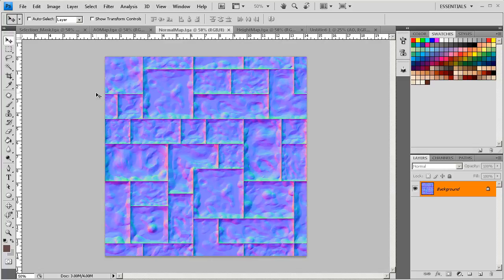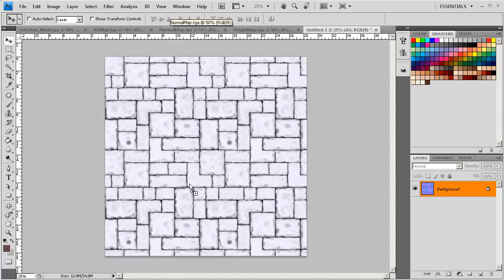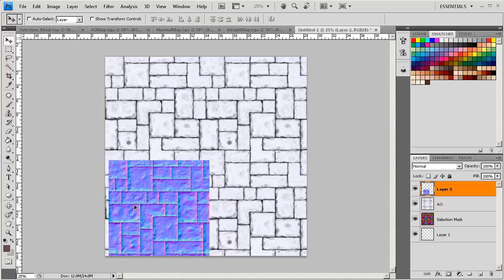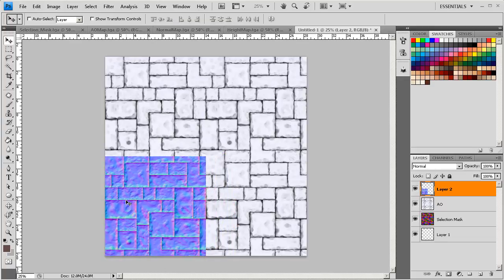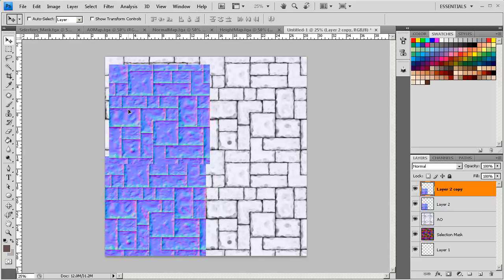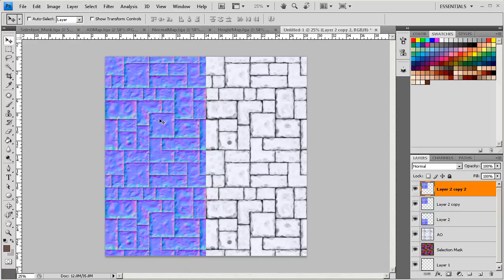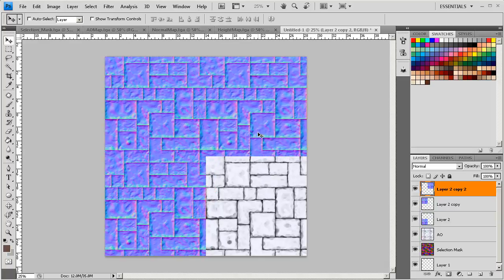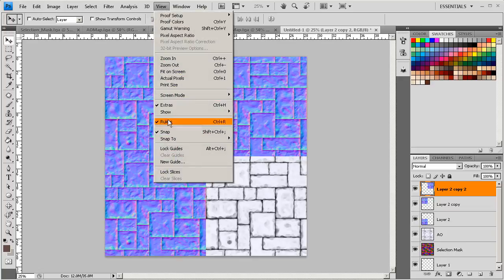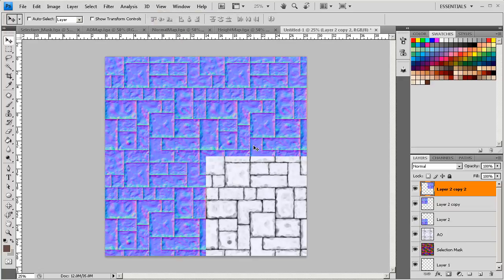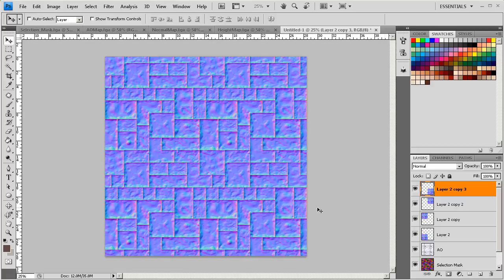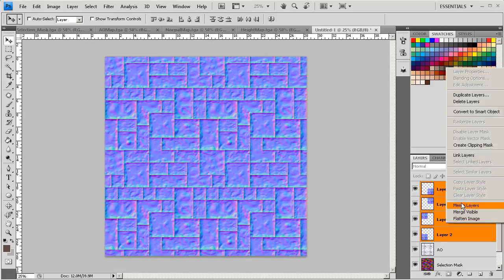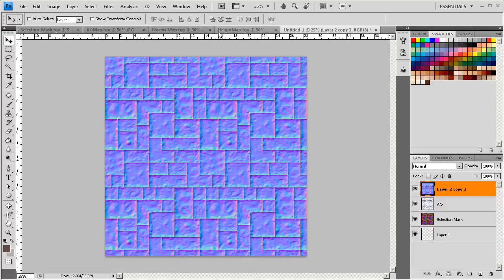Let's go to our normal map, do the same thing, click and drag, hover over Untitled 1. We're going to rename that here in just a moment. So Control J, make sure your snapping is on. If your snapping is not working and not on, go to View and then turn on Snap. Okay. There we go. Select all those layers. Let's merge those down. And then height map,